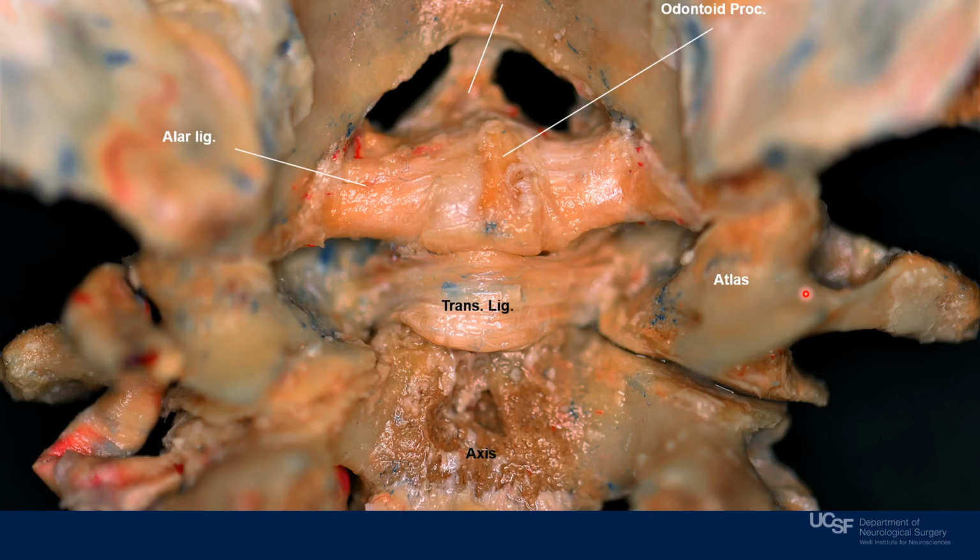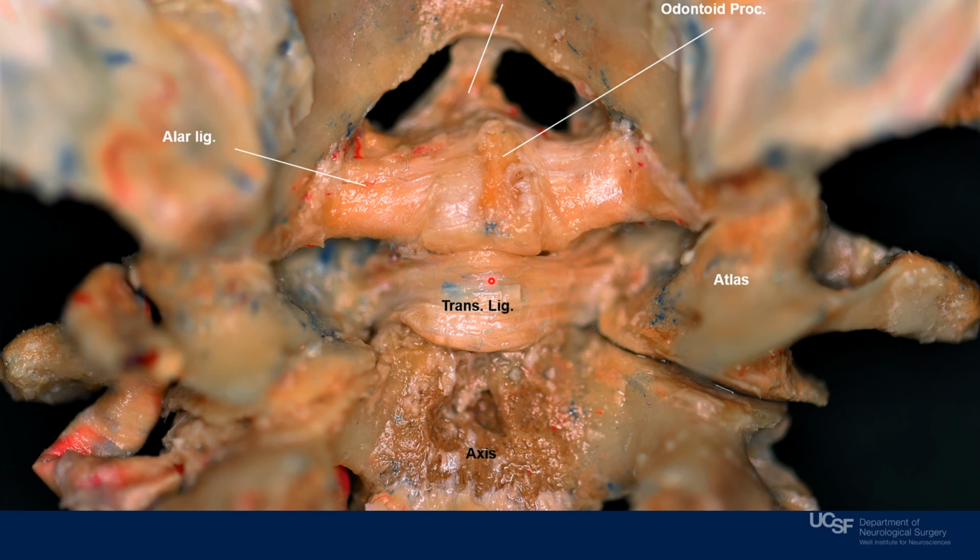Coronal cross-section of the craniocervical junction. What we're seeing right here, this is the anterior edge of the foramen magnum. After removing the superior longitudinal and inferior longitudinal bands, we can identify part of the cruciform ligament, which is composed